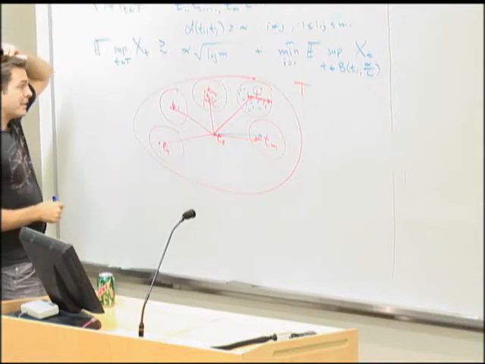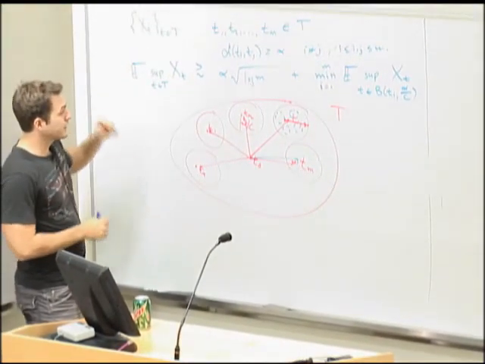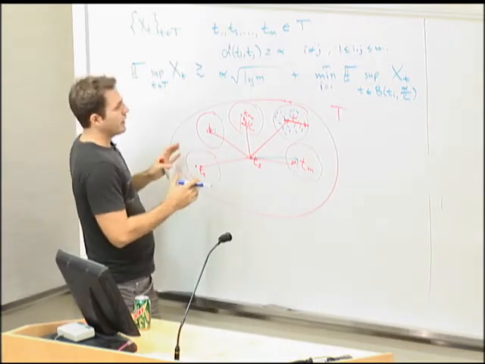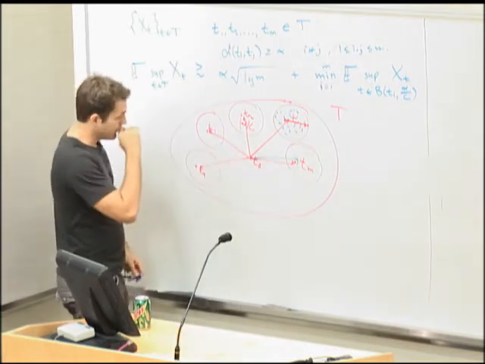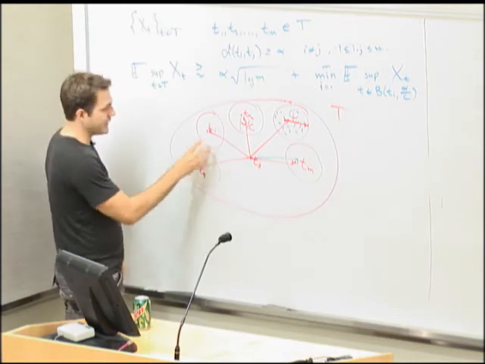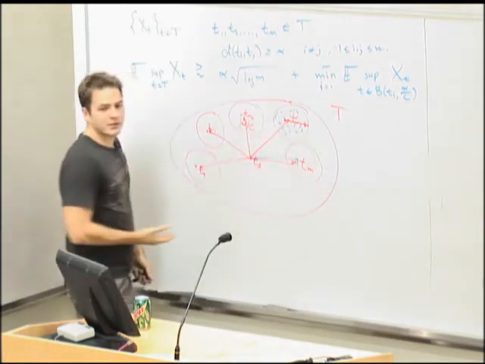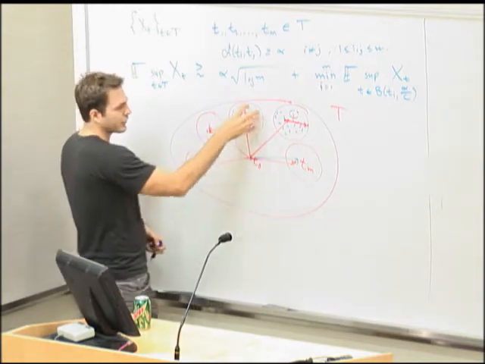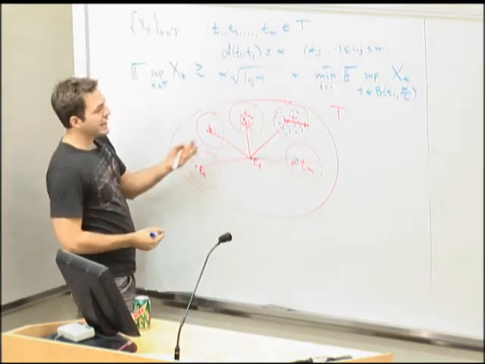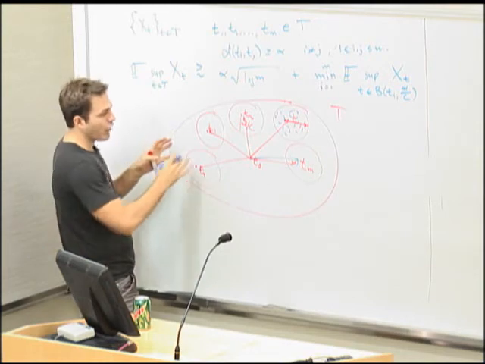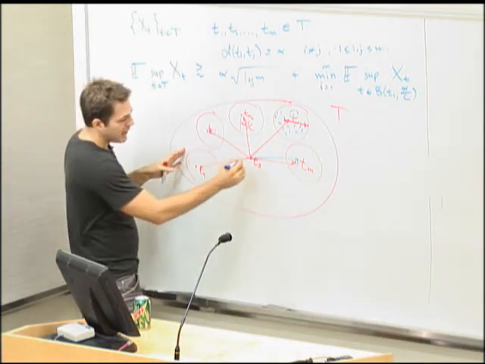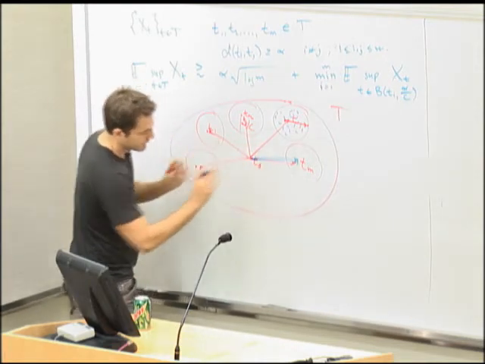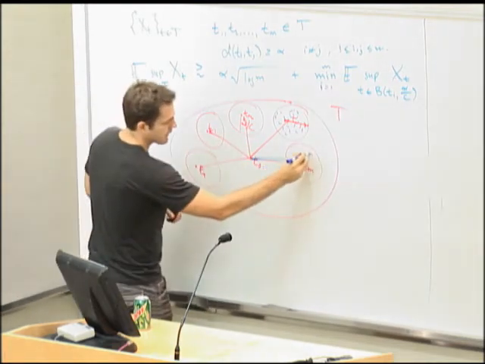Okay, and the basic idea is as follows. We want to take a union bound. How could you prove this? One way is to say, look, the probability that any of these balls is much smaller than its expectation, take a union bound over all these balls. Say all these balls are close to their expectation, and then we'd be in good shape. If they're all simultaneously close to their expectation, then we don't even have to condition. This will come for free.